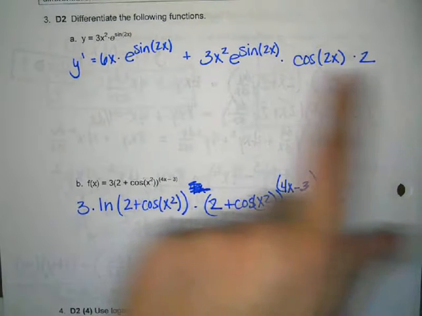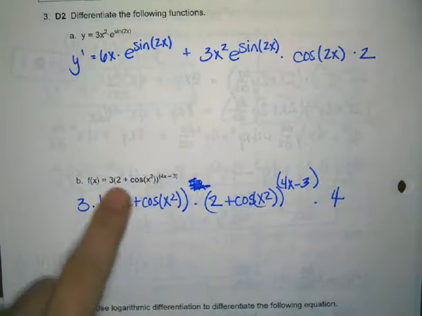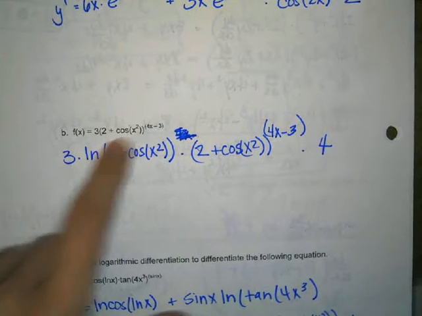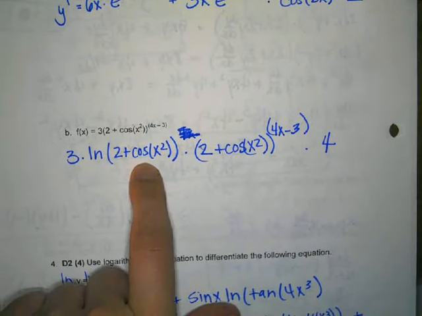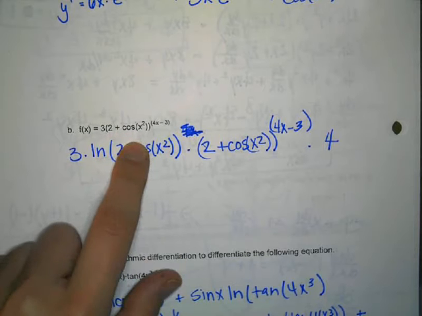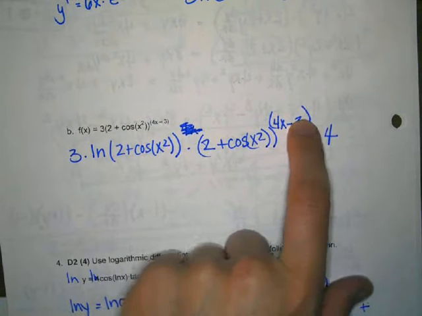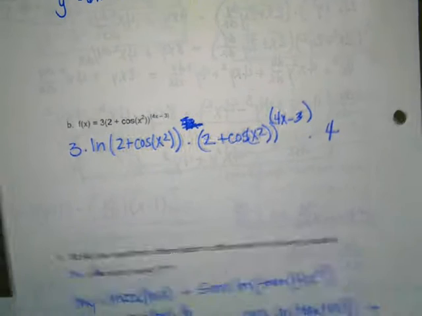This is e to the u times u prime. Down here, I have to do the a to the u rule. So this 3 is just outside, and you do ln of a, which is the base of the exponential function, and then times a to the u times u prime, and u is the exponent. Okay, and then number 4,